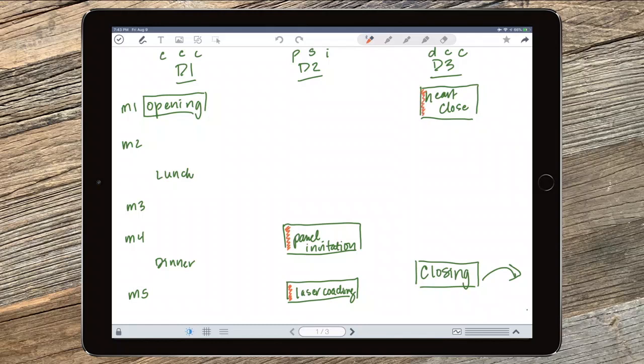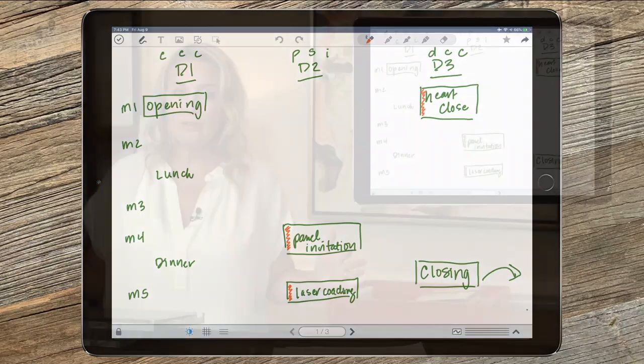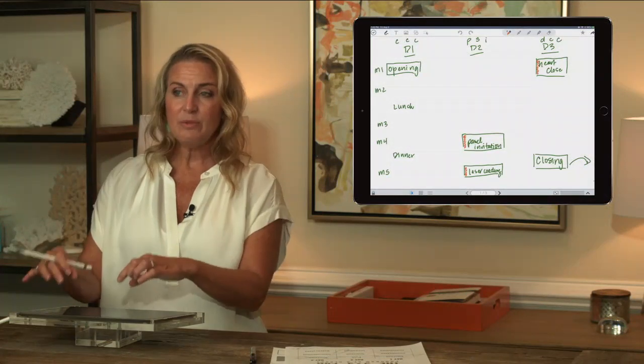Okay. So I just put a little orange mark there because those 3 sessions, in my opinion, should not be moved from those locations. And again, one-dayers, I'm going to show you how that works for you at the end. So keep paying attention. But in a 3-day, it's halfway through the program. You don't want to move those sessions around. Don't do them in a different order. This is not the time to get creative. Trust me, we do this over and over and over again. Keep these in this spot.